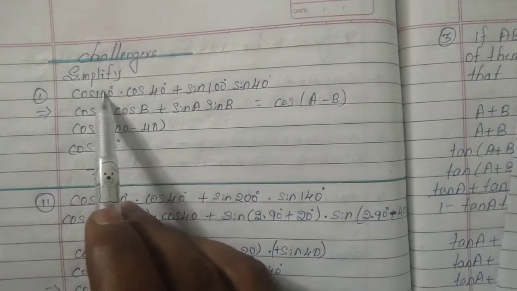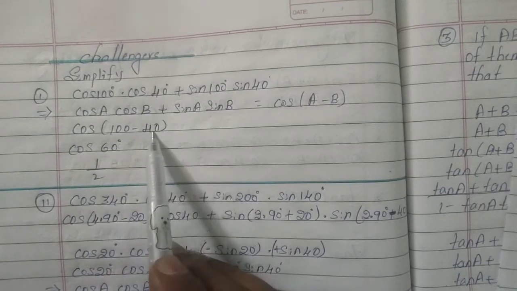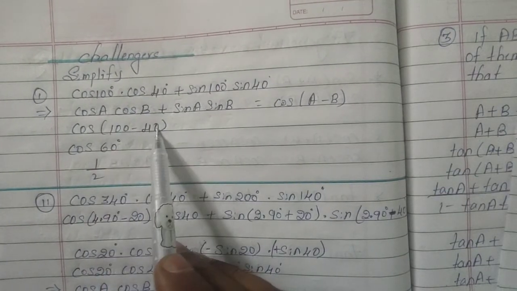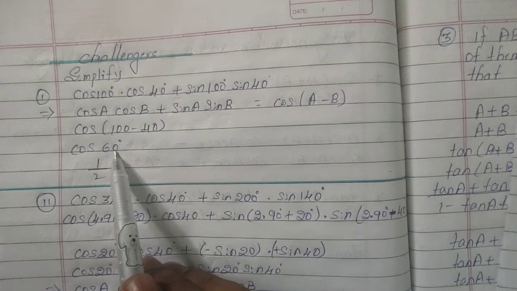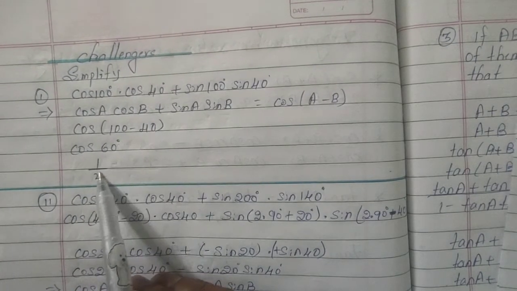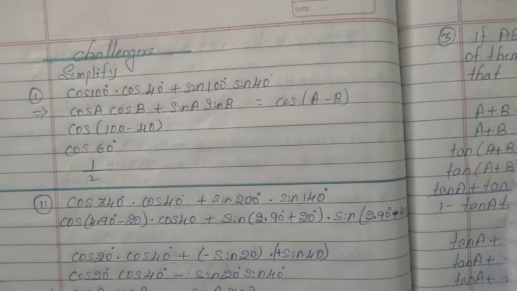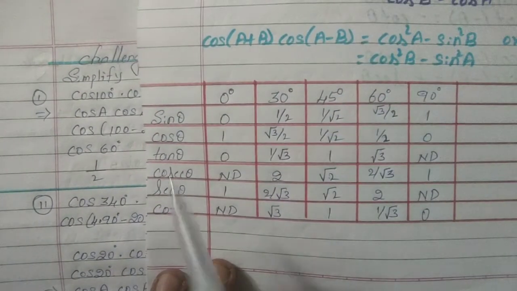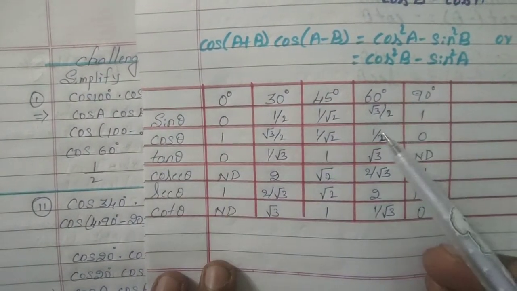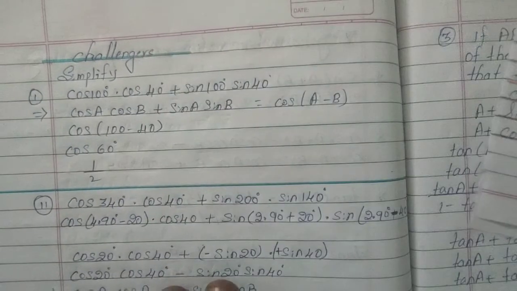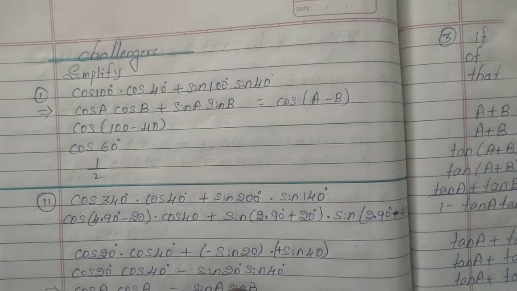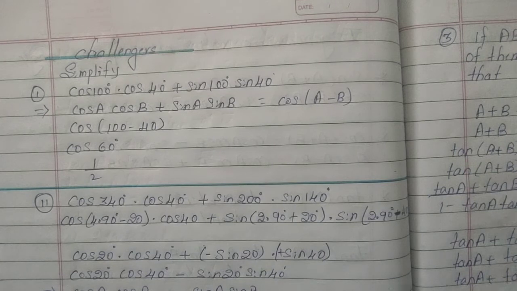Cos(A minus B). Therefore cos A is 100, minus B is 40. 100 minus 40 is what? 60. So cos 60 is what? 1 by 2. Cos 60 is 1 by 2, cos 60 degree. Okay? You just need to remember the formulas. Next question,